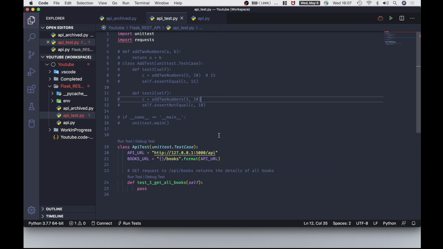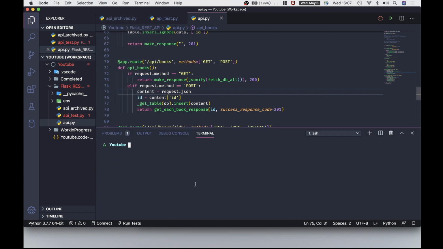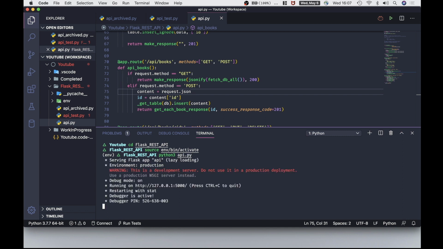Before we go any further, we will also run our Flask app. Terminal, Flask API, source bin env bin activate, python3 API.py. This will run our Flask server,